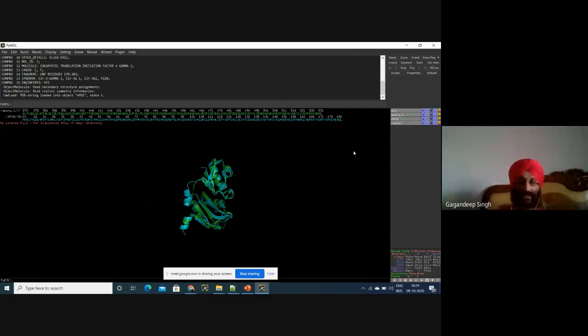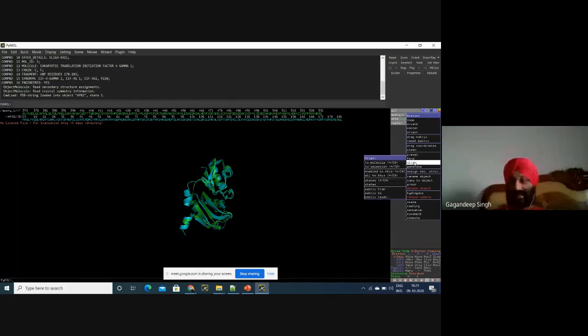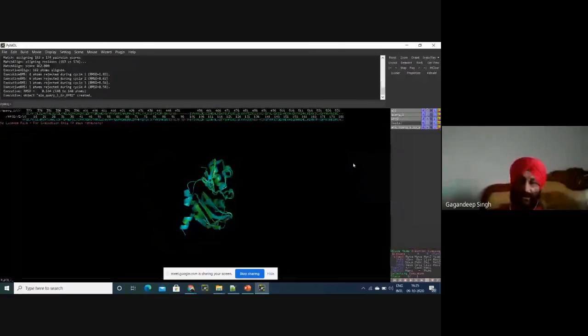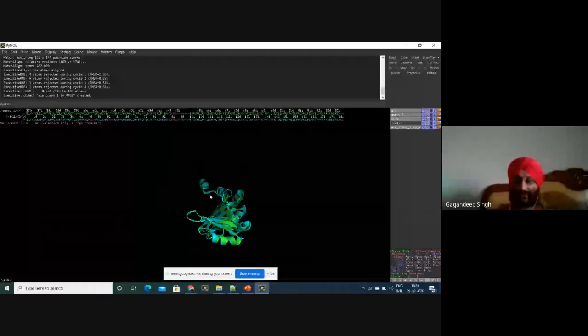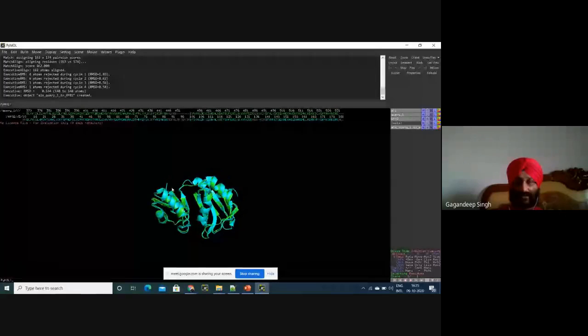Now, what is our next target? We'll go in query and click on A. A means we are going to align our molecule to 4F02 on the selected chain template. Now we have aligned our structure. Now see, how much similarity is there? Have you seen this? This means a lot of similarity between these two structures, template and query.